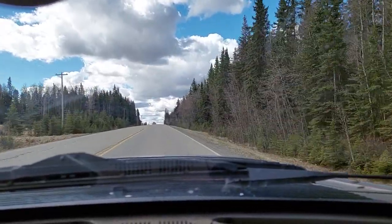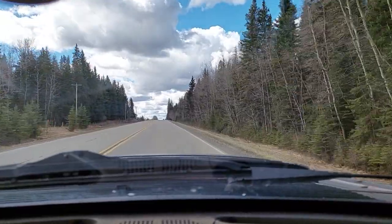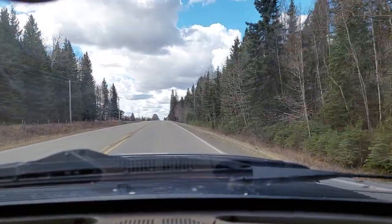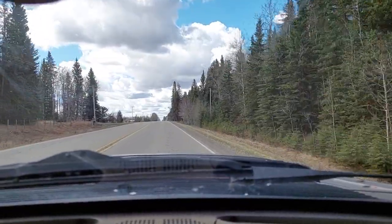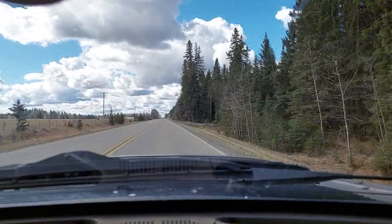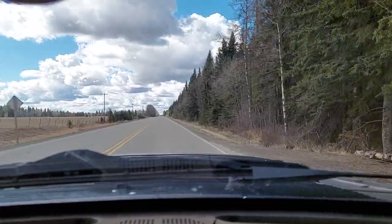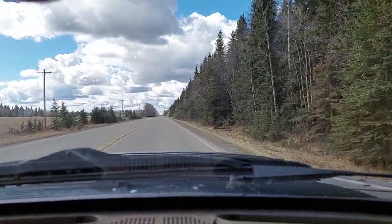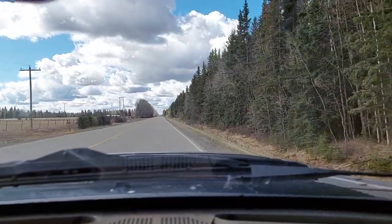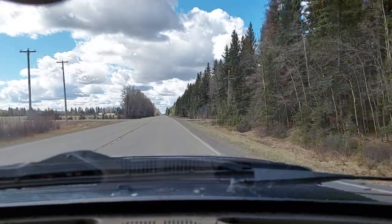This thing really is a gutless wonder. Depending on the size of the hill, I pin it, and I might be gaining like a kilometer an hour every 500 meters or so. I really can't wait for the new head, the intake, the carburetor, whenever I get the cam, the exhaust, all that stuff. It'll be absolutely fantastic. Because today, with any luck, Pat will be coming up with the head and intake,